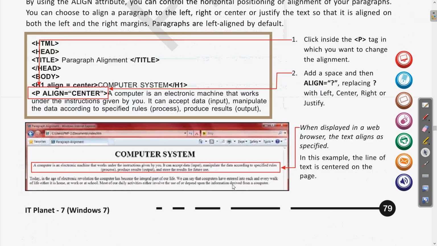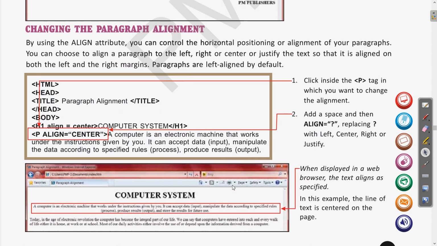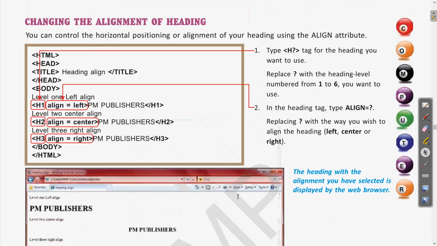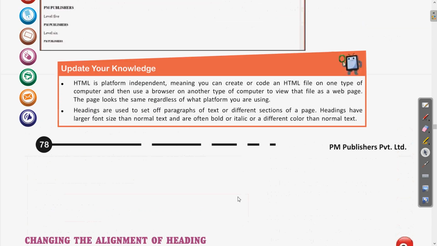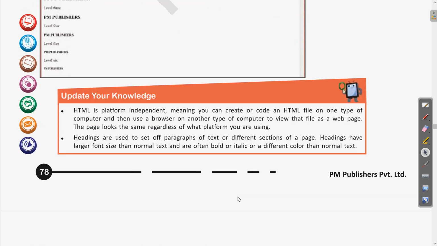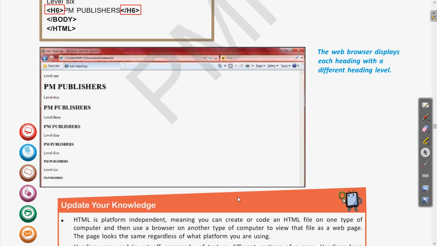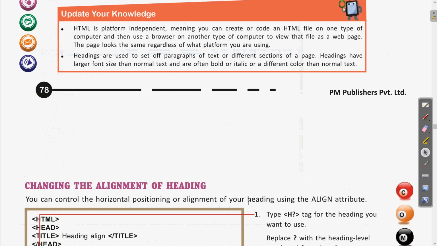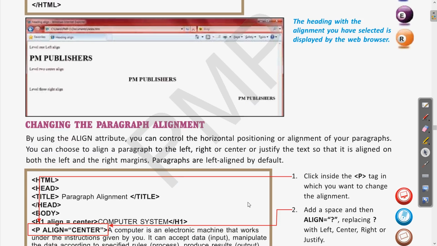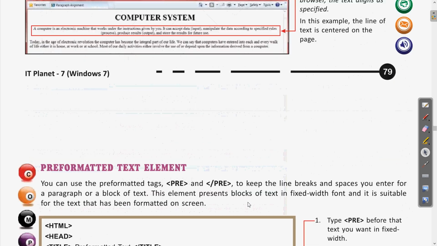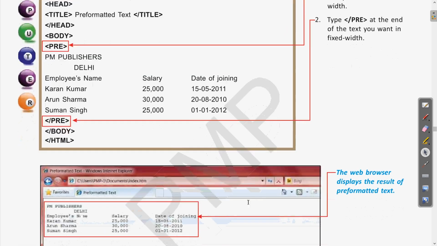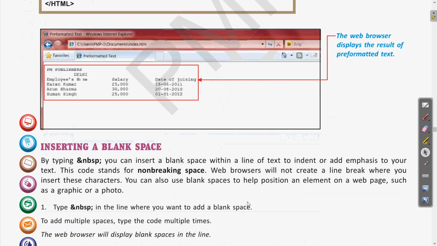Then we have seen how to change the alignment of the paragraph as well as how to change the alignment of the heading. Clear? So practice these things which we have discussed today, and you can also write a few programs relating to these topics, and whatever text or program you write, try to save and run it in the browser.